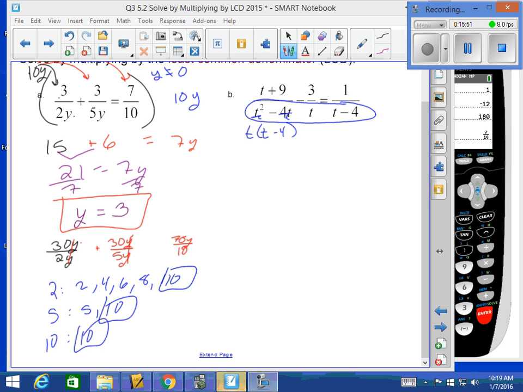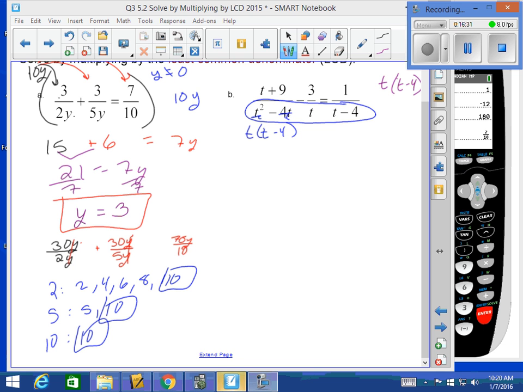all in factored format. Once it's in factored format, to identify what your denominator should be, you now just look at them all, and I can see that here I have a t, and then right here underneath this 3 I have a t. So I'm going to have a t, and then I see that here I have a t minus 4, I have another t minus 4. So I'll use a t minus 4. So I make sure I use every type of term that's there. So t times t minus 4 is going to be what the greatest common denominator, or the least common denominator,